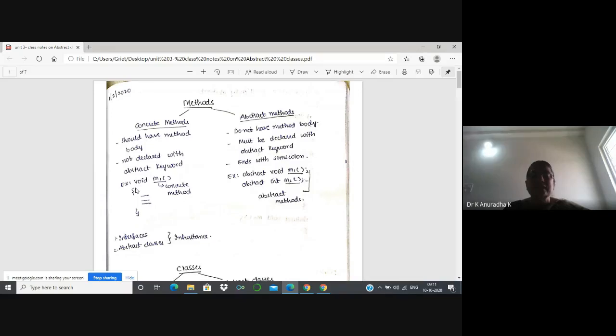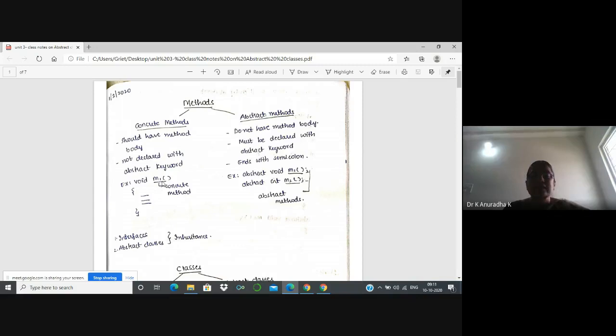The syntax for a method is return type, name of the method, followed by parentheses. Inside the parentheses, parameters are optional. If you want to write the parameters, write them; otherwise, not required. This is a method with no parameters with a return type. Like that, we can also write it without a return type, because void means without return type. This function is not returning anything to the invoking function.